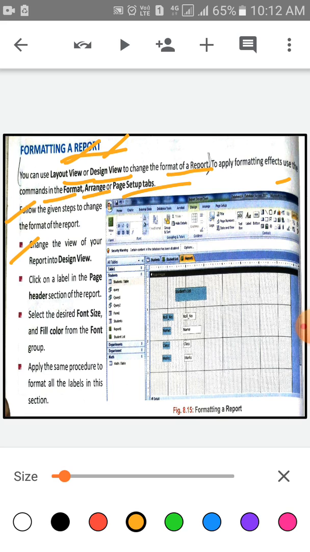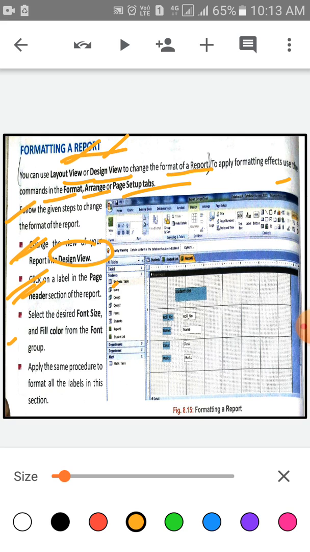First of all, change the view of your report into design view. Click on the label in the page header section of the report.